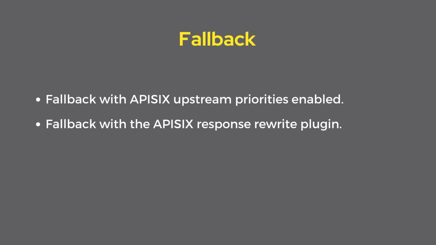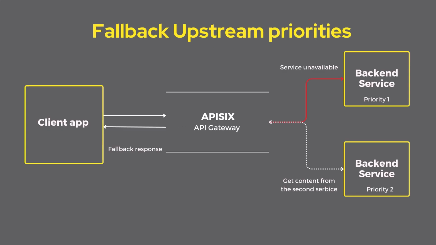To implement the fallback mechanism with APISIX, you can use its built-in upstream priorities feature, where you can set up each upstream node with a certain level of priority. When the node endpoint with a higher priority fails, the API Gateway can redirect the traffic to a secondary node with a lower priority. The default priority for all nodes is 0, and nodes with negative priority can be configured